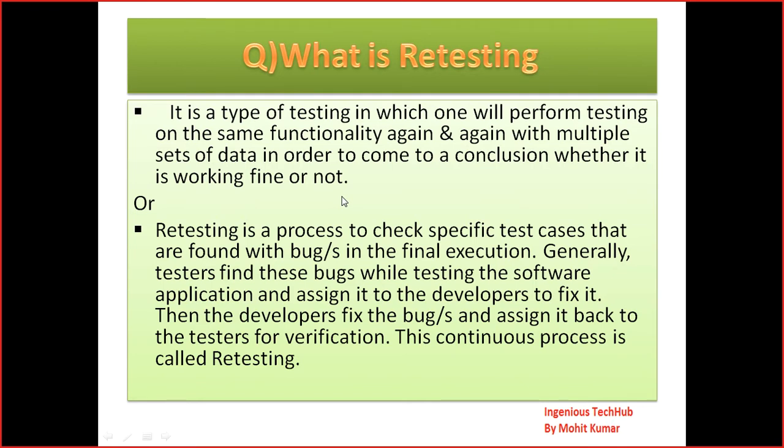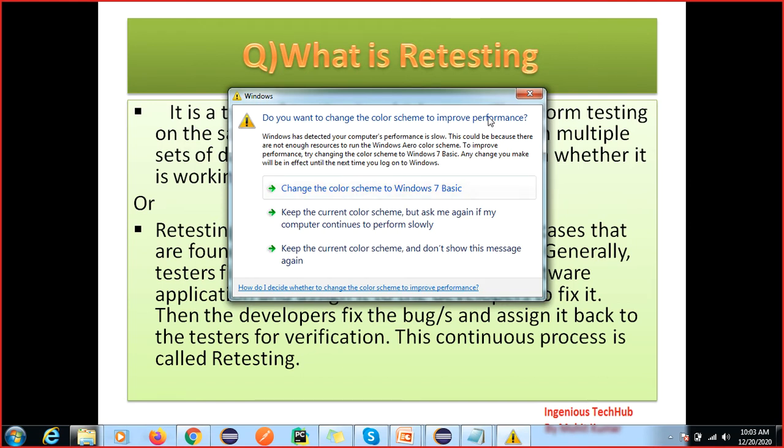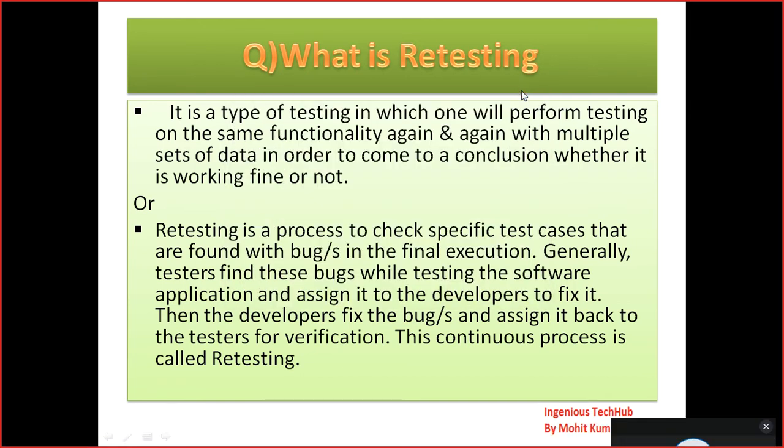So what happens? Requirement gathering, then the developer develops the code and does unit testing, everything is working fine. Then they make the exe file and deploy the application on your test environment. Then we get the fresh build, that is called a build. Then the build is working fine, so we have to do smoke testing. Smoke testing means we test the critical functionality of the application.